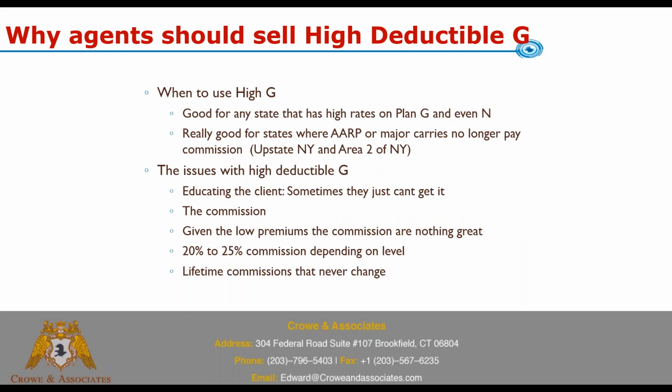So high deductible G is good for any state that has high rates on Plan G or even N. It's really good for states where there's no commission any longer. Upstate New York is an example, or super low commission, Area 2 of New York. So upstate, if you look at it, you can't sell them a Plan G or N and get paid on it